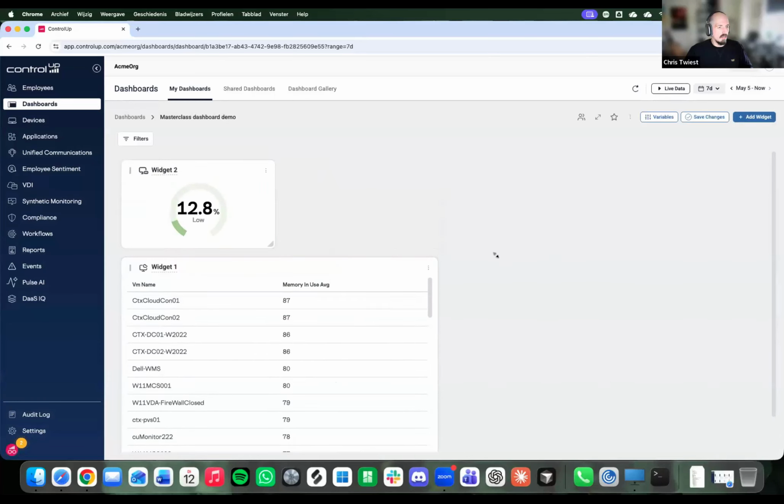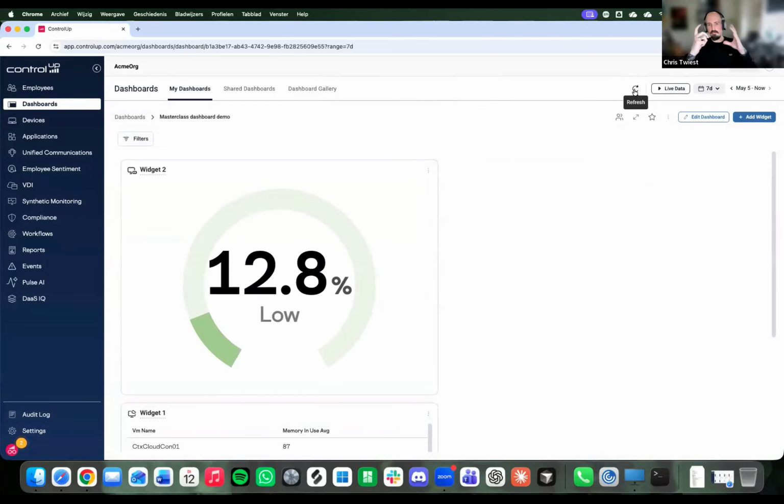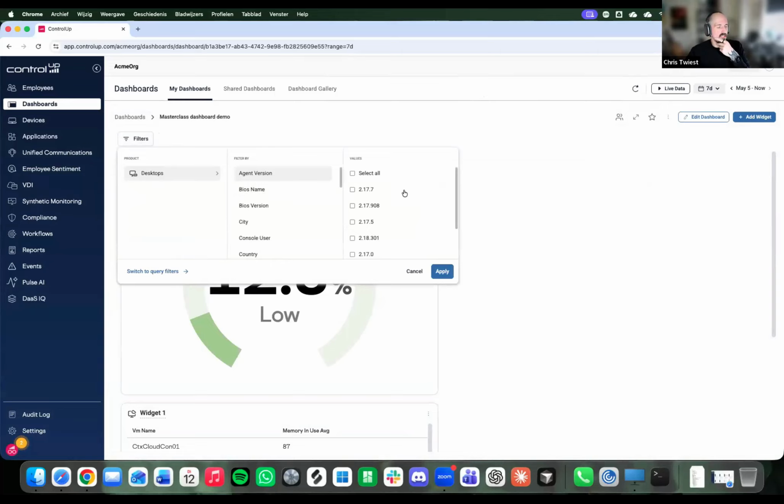Another thing we have recently added to dashboards is the new filter section. Filters used to be on top here. It used to be a clunky UI with not that many options. But these days, filters is this nice UI where you can filter per product. Currently you can only apply full filters to desktop, because filters on top here are applied to all the widgets that you build.